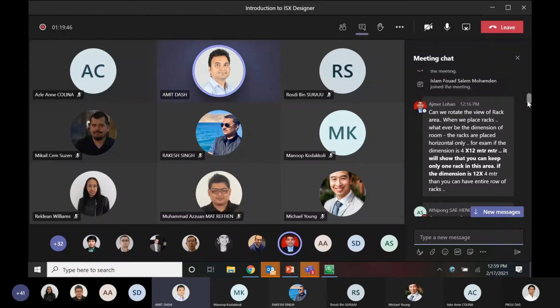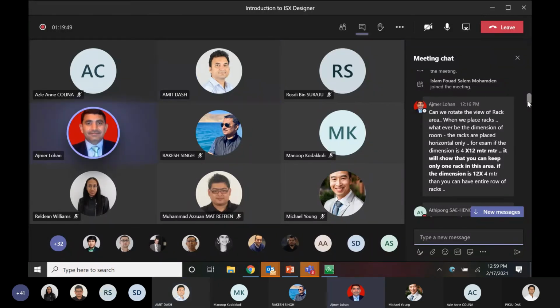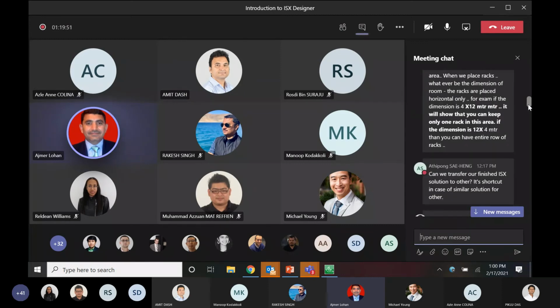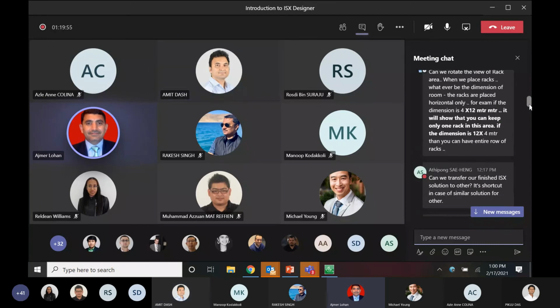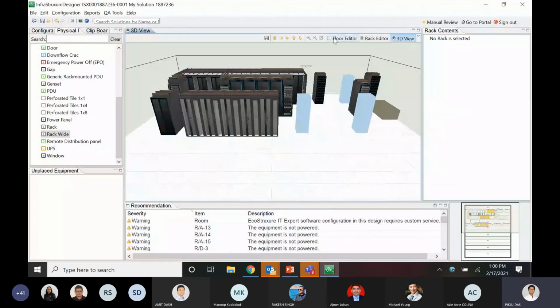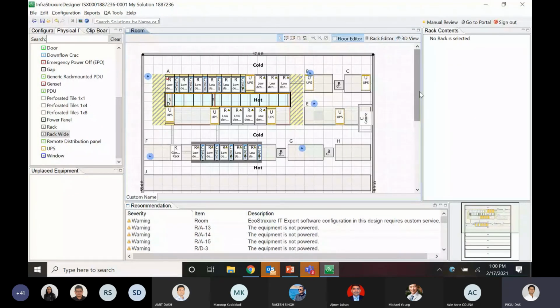That we generally do the same way, but sometimes when you are already midway into doing things and you have already placed a lot of equipment, I was just thinking if it is possible to rotate that. Right. Right now we don't have any such feature, but we have got this feedback multiple times. So this can be one of the value additions that we can have for our future projects.